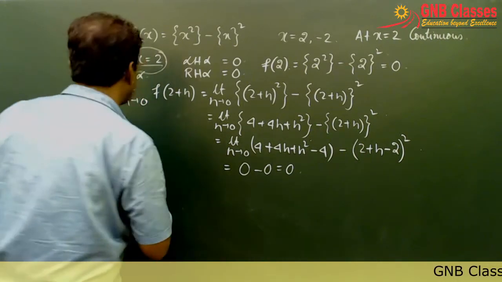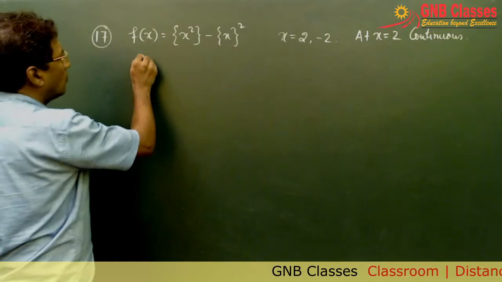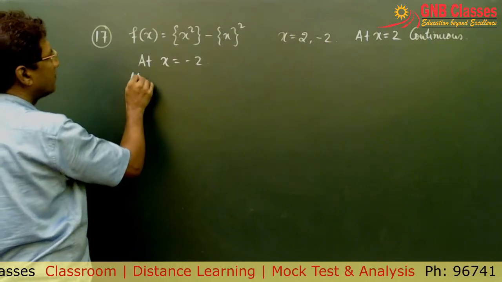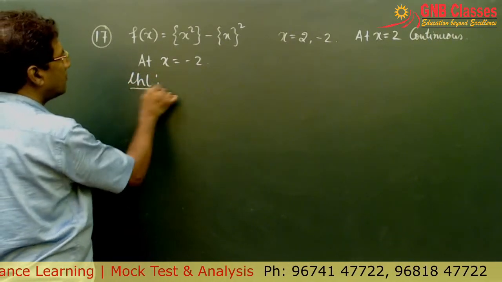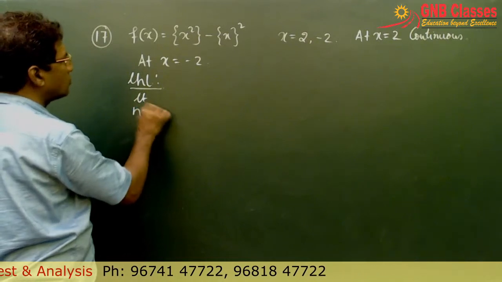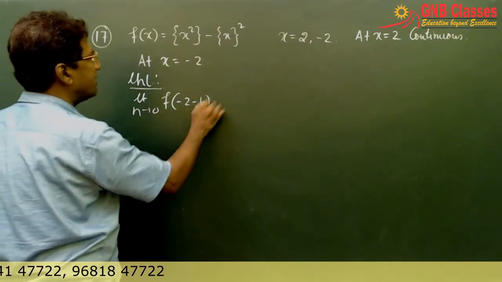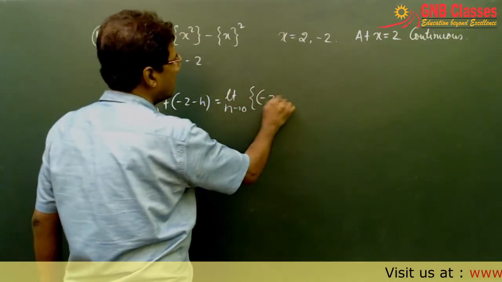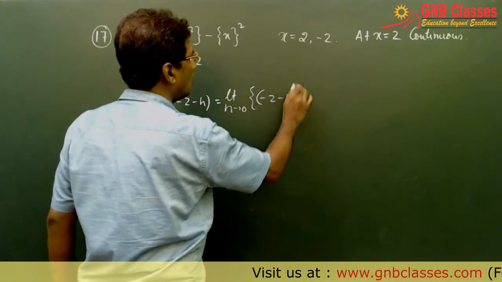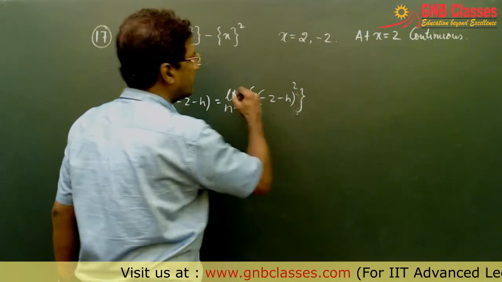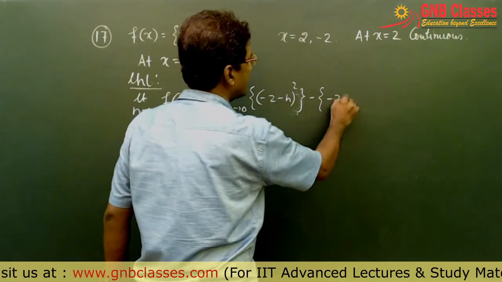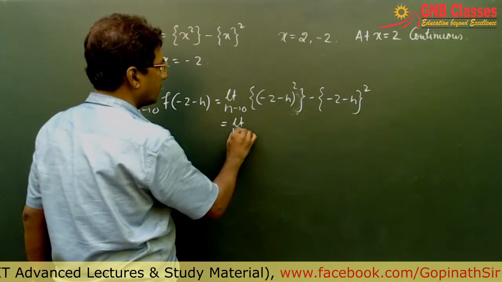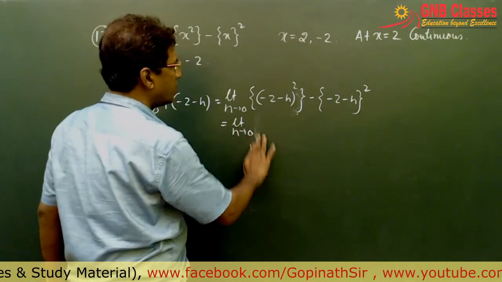Now we will check whether the function is continuous or not at the point x equals minus 2. Let me rub it. Now, at x equals minus 2, what are we going to get? The left hand limit. Limit h approaches 0, f of minus 2 minus h. So we are getting limit h approaches 0, fractional part of (minus 2 minus h) whole square. So what are we going to get? If I expand it, we are going to get